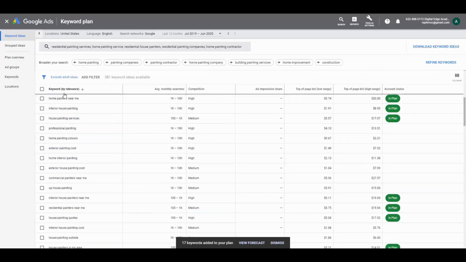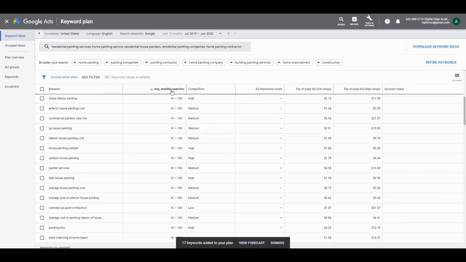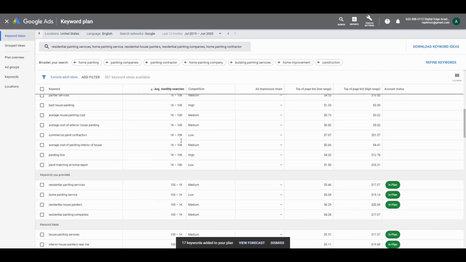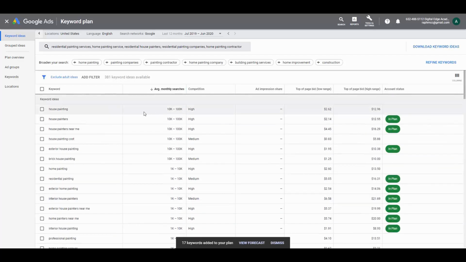And okay, now we're still sorting by relevancy. What you want to do then is, and here it shows you on the far right that these keywords are already in your plan because we just added them, right? So what you want to do now is sort by average monthly searches. Now it's going to give you the results by volume, right? So just in case you missed some good ones, you want to focus on the keywords with the highest volume. So house painting cost,